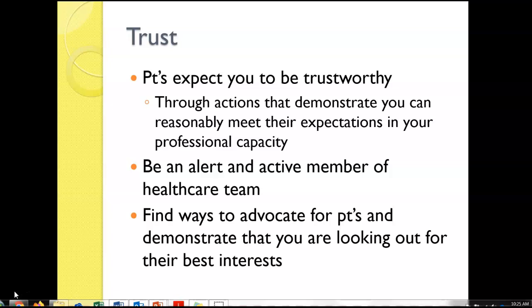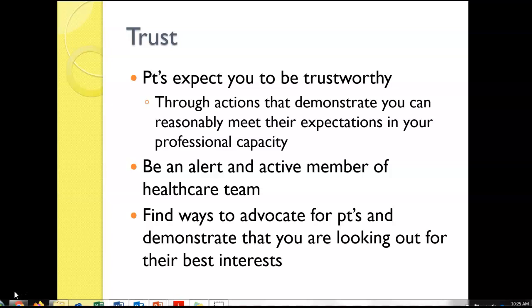Be an alert and active member of your healthcare team. Being aware of not just who's on your schedule, but the entire clinic. Now, this can be different depending on wherever you're working. If you're working at Arlington, there's 20 clinicians who work there, where there may be a clinic where it's just a PT and PTA. But being an active member of that team, making sure that you're aware of your surroundings, even if it's not your patient and a timer goes off, that you can go help them. You are able to do that. That's just working as a healthcare team member.